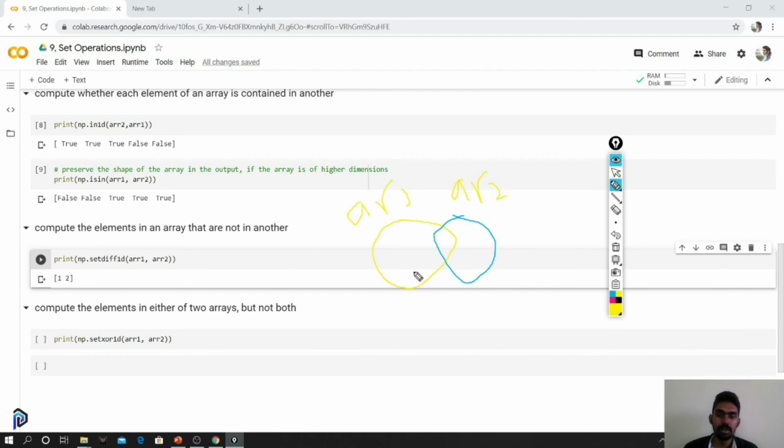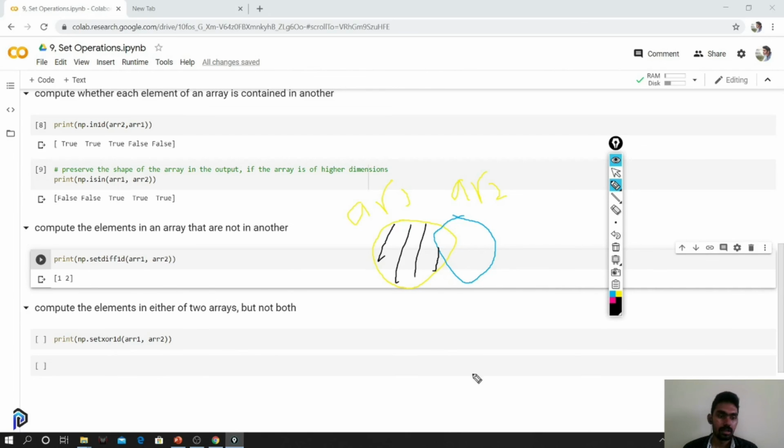What set difference means is we want all the elements of array 1, but they should not be elements of array 2. So this is what we want. We want this part, we don't want this part alone. Only this is the set difference.